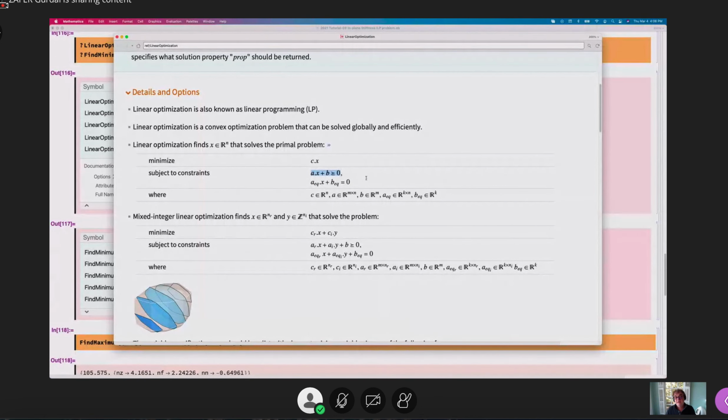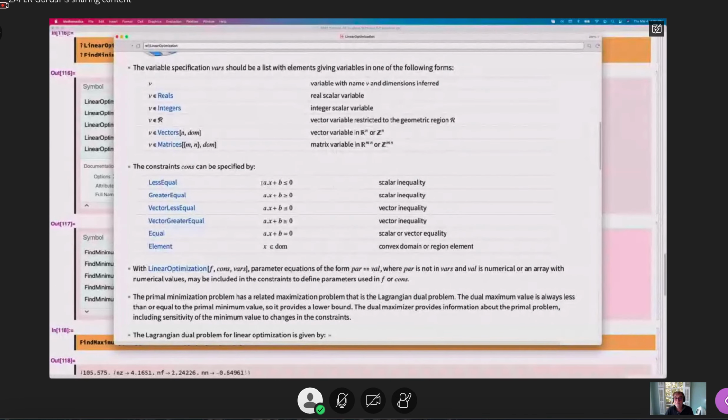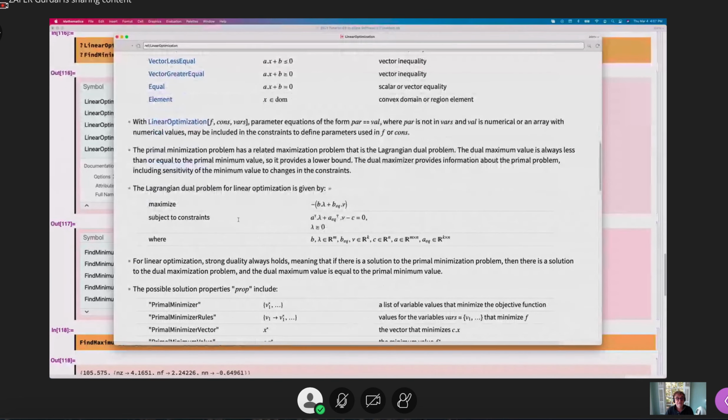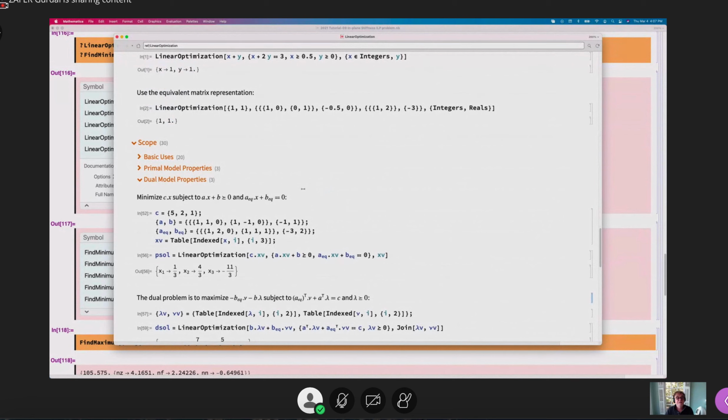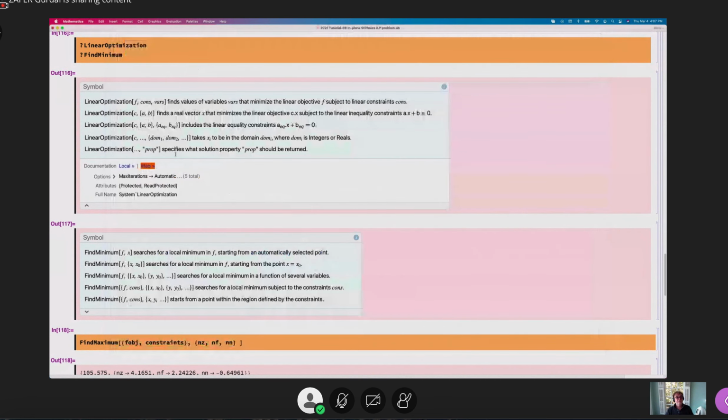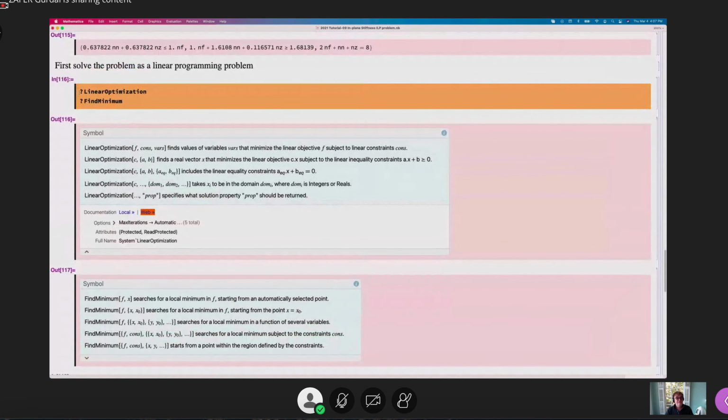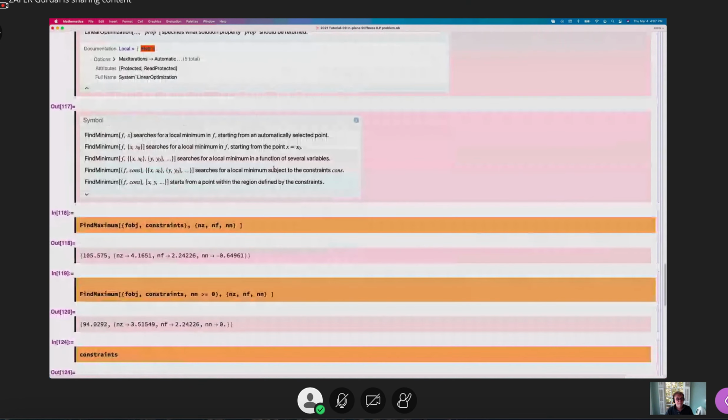This is fairly common in the algorithmic world, that they can solve the problem only if you call it properly, with the proper formulation. So equalities must be equal to 0. So you need to move 8 to the left-hand side, and all the constraints must be formulated in this particular form. So this will require additional work that we don't need now. The constraints can be specified by, no, it actually says that you can do this. Huh. This is interesting. And the dual. Okay. I'm not going to bother you with these. So assume at this point that we really don't know anything about linear optimization. We're just going to use FindMinimum,